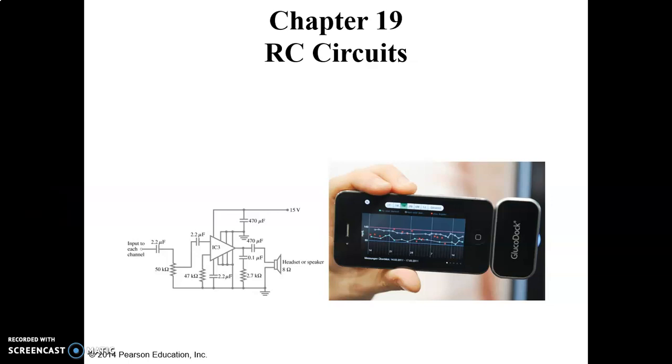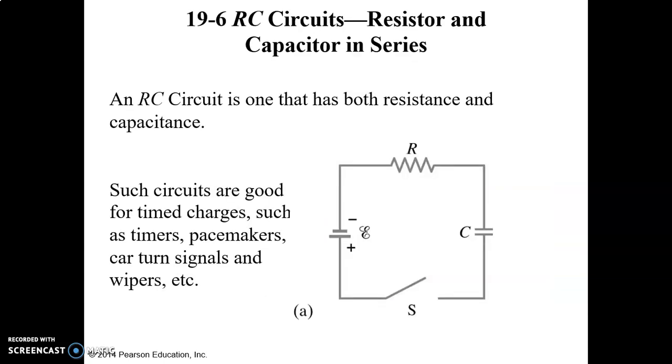Now that we've talked about both resistors and capacitors in circuits, let's talk about resistors and capacitors in the same circuit. Such a circuit where there's both resistors and capacitors is known as an RC circuit. R for resistance, C for capacitance. Now, this is a simple diagram that can depict what one of these RC circuits might look like, where you